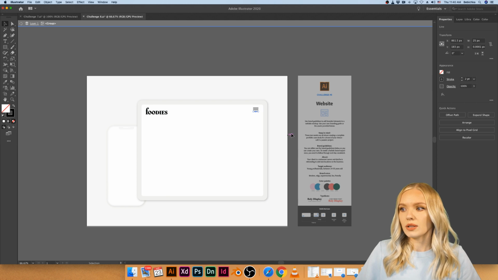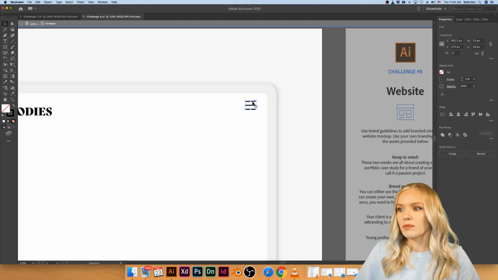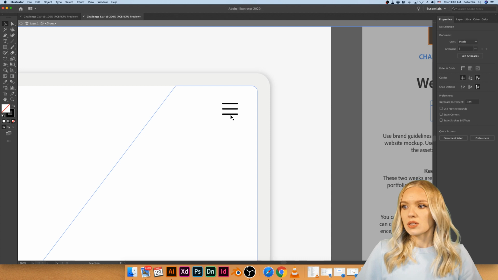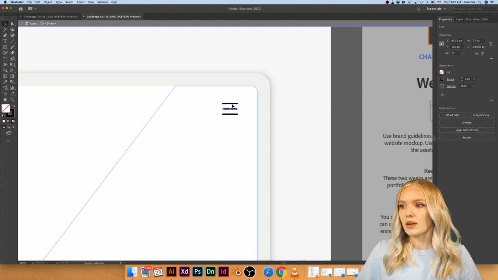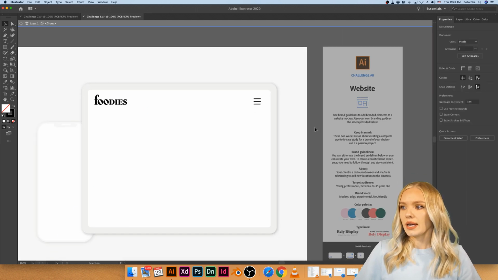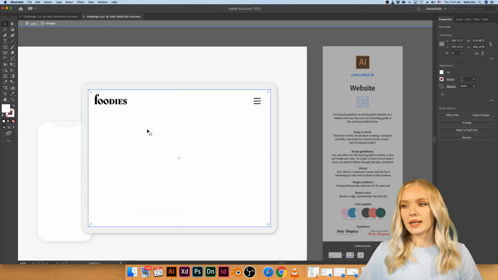Let's see if we zoom out how that looks. Okay, so basically it's also kind of a mobile site. It's just a different orientation here that we have. Let's say we're going to place it like this so that it's easy to navigate. We have a little navigate bar if a person clicks on this. Okay, so now what I want to do is place